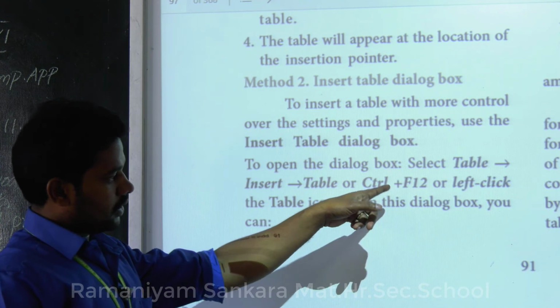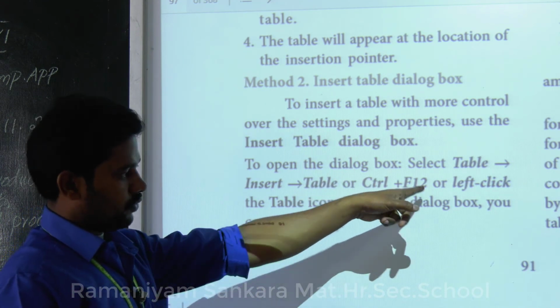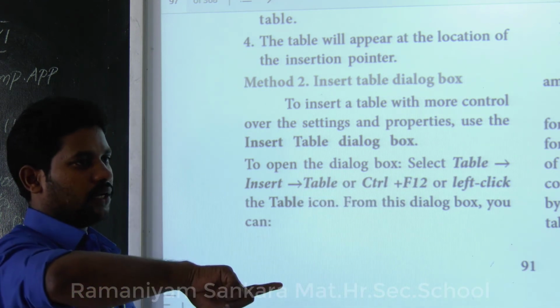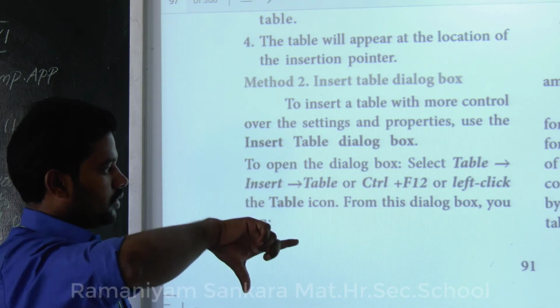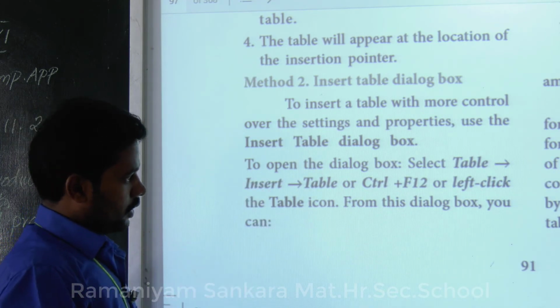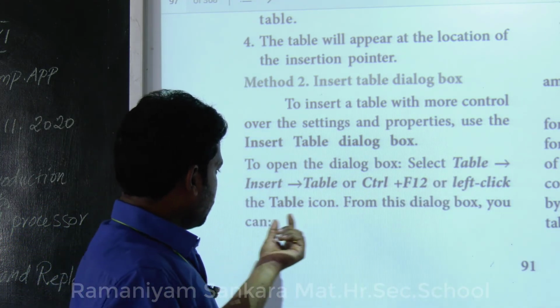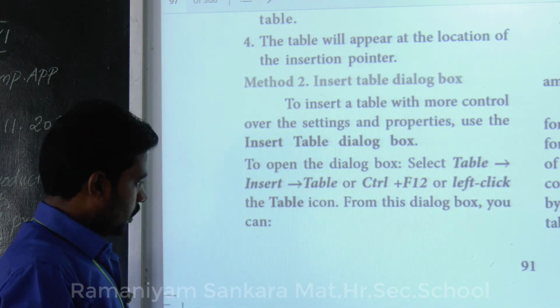Or you can use the shortcut key Control plus F12. After pressing the control key, press function key F12, or you can left click the table icon from this dialog box.